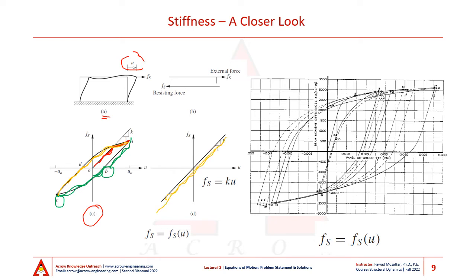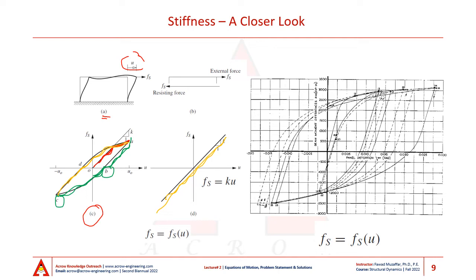Now, all of the problems that we are going to talk about in this course are within the linear range, and therefore we are not bothered about the nonlinear range of the stiffness. But since many of you would not have a clear concept of what stiffness is, within the linear range,